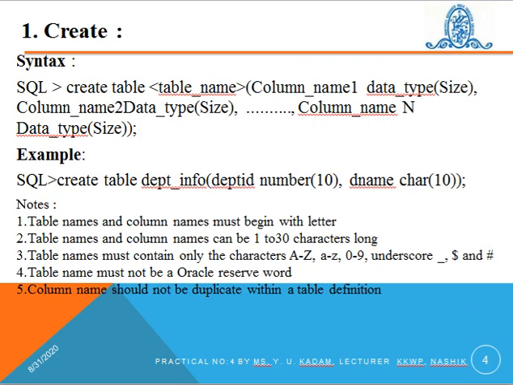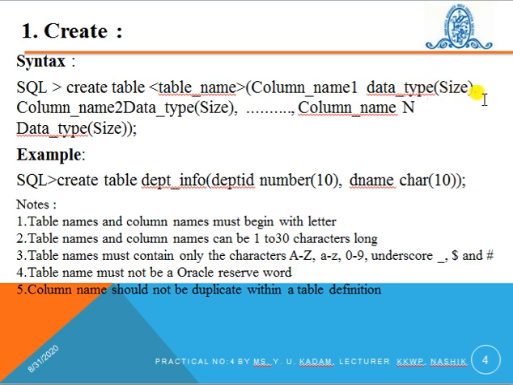So let us discuss the syntax and example of the create table command. The create table command is used like this: create table, table name, that is the user defined table name. We have to substitute our value for the table name. Then column name 1, its data type and size.